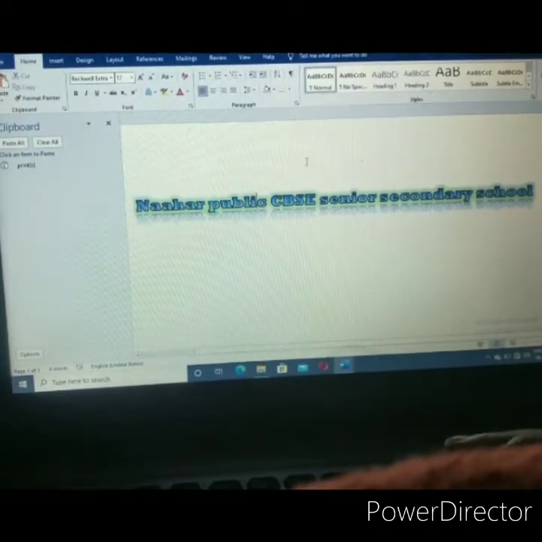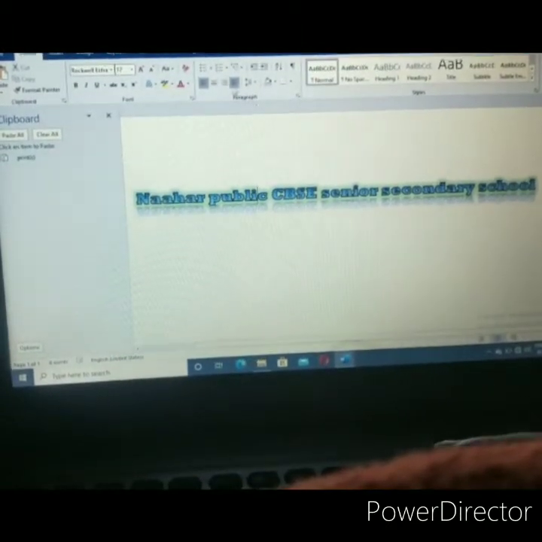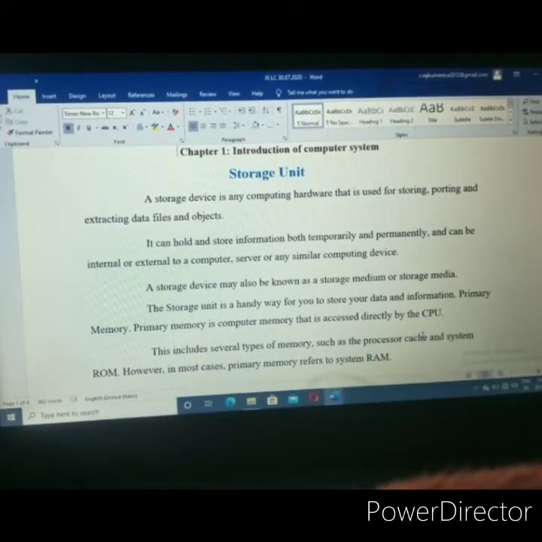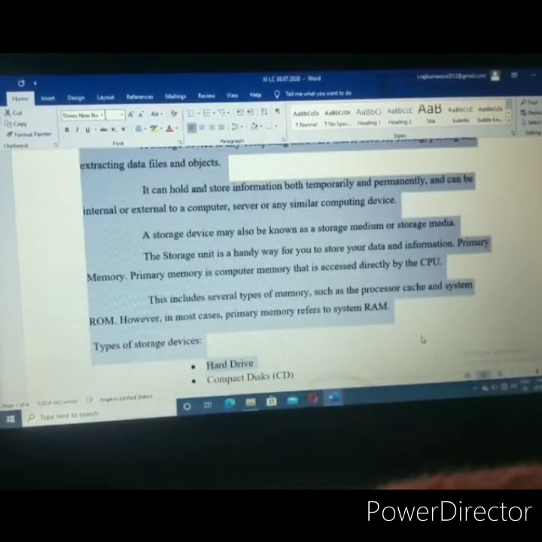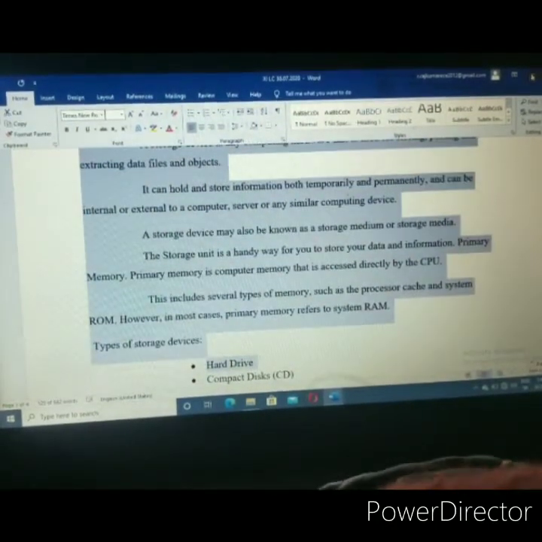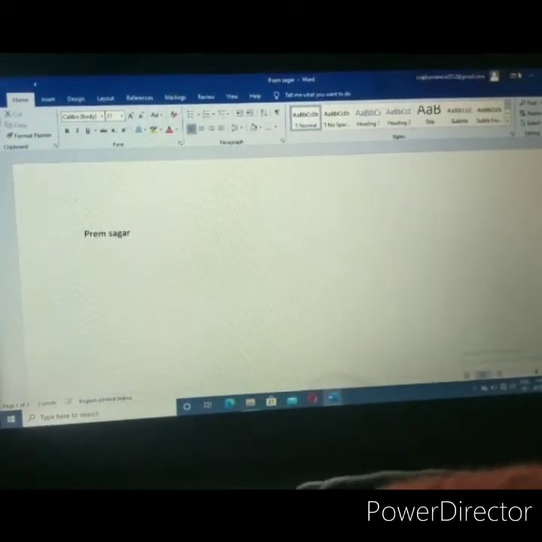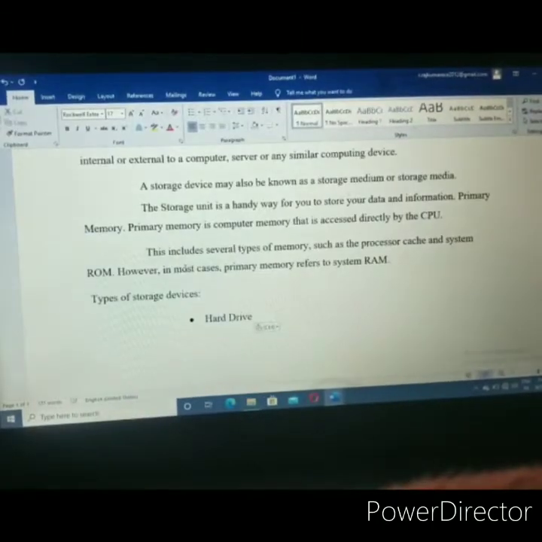So in your document, first you have to insert some paragraph here. If you want to edit a paragraph, it means you already have some paragraph. So I just copy this. Control plus C is the shortcut to copy. Now I'm going to paste it in our document. Control plus V is used to paste in our document.